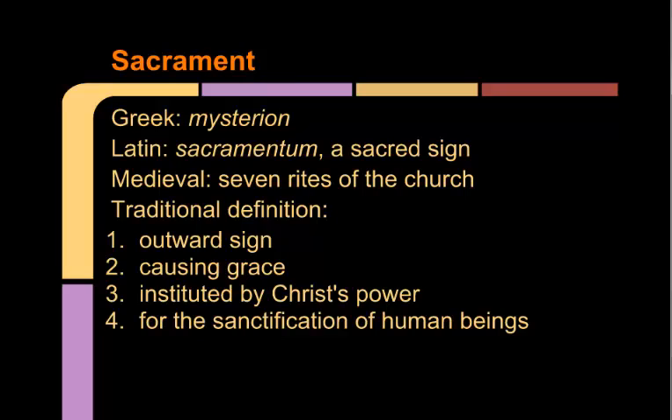In the medieval period, this word sacramentum, which at first would have been a more general term, was defined to mean only 7 rites of the Church. That is, the rites of initiation, baptism, confirmation, and Eucharist, the rites of vocation, as they're sometimes called, marriage, and holy orders, and the rites of healing, which are anointing of the sick, sometimes known as extreme unction, and reconciliation,